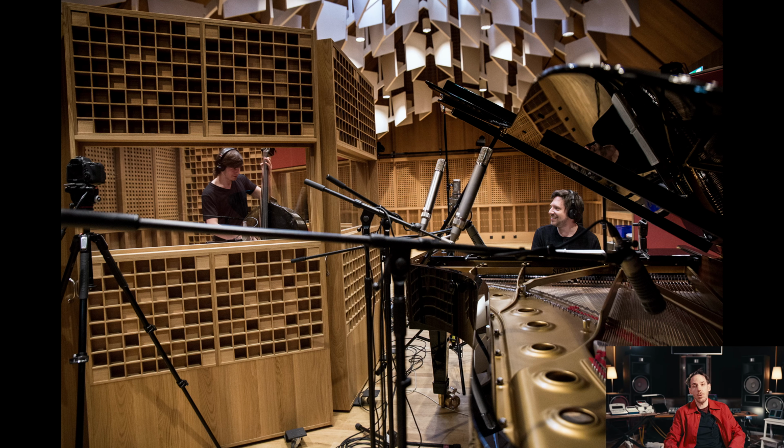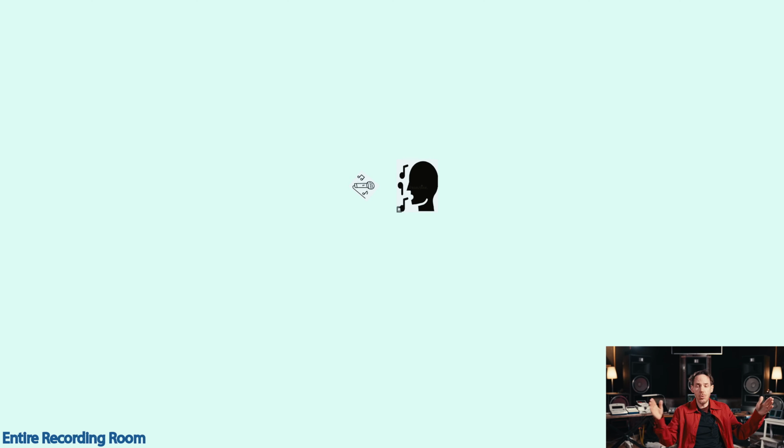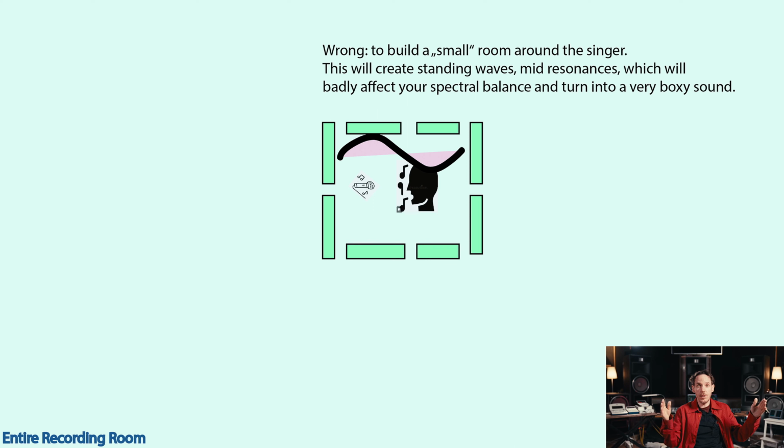Like, in many drum rooms, I see that they use gobos behind the drum or wherever around the singer. I see a lot of gobos. And actually, to kill some wall reflections, it's not a bad idea to take a gobo. But what now happens is that with those gobos, many engineers build a new room that is even smaller than the recording room would be.